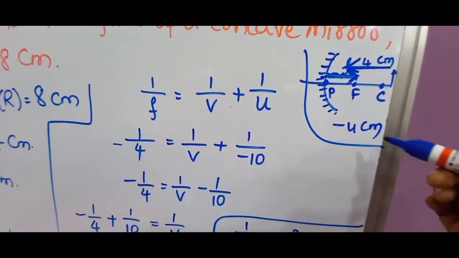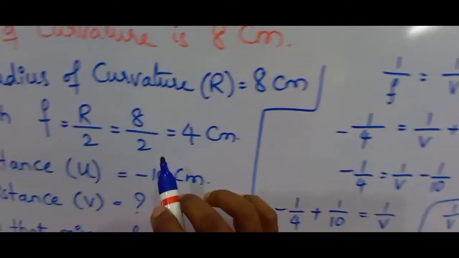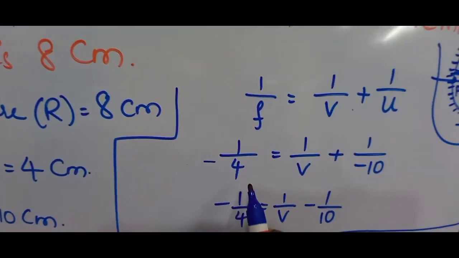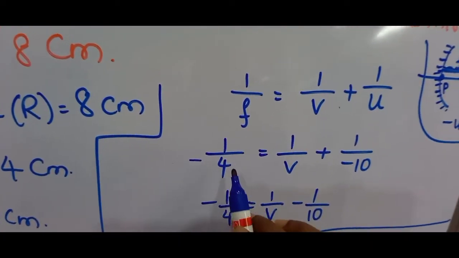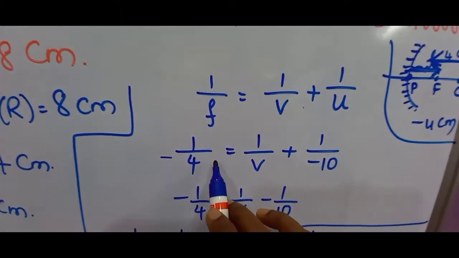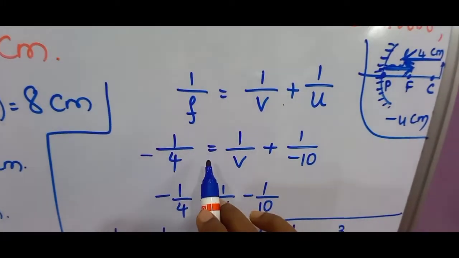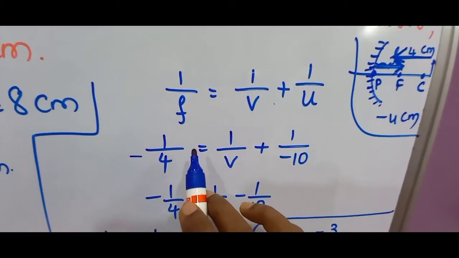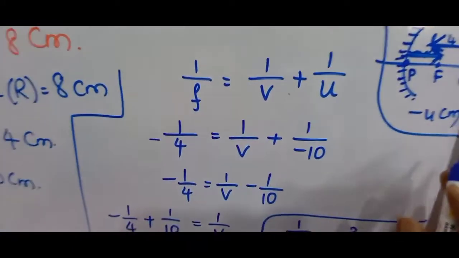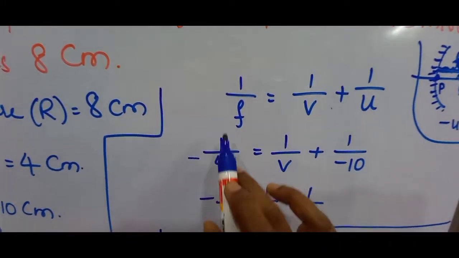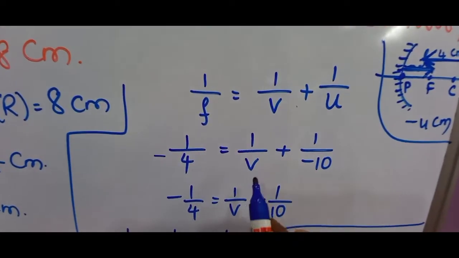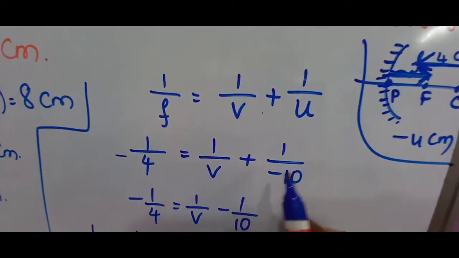Just recall this part. That's why I have written here the focal length 4 centimeters, and I have represented it with -4, because we are measuring the focal length in the direction opposite to that of the incident light ray. Whatever distance is measured in the opposite direction to the incident light ray direction should be taken as a negative quantity. You already know that. So that's why I have taken -1/4 is equal to 1 by V. V is nothing but the image distance, and we don't know it, so we have to write it like that.